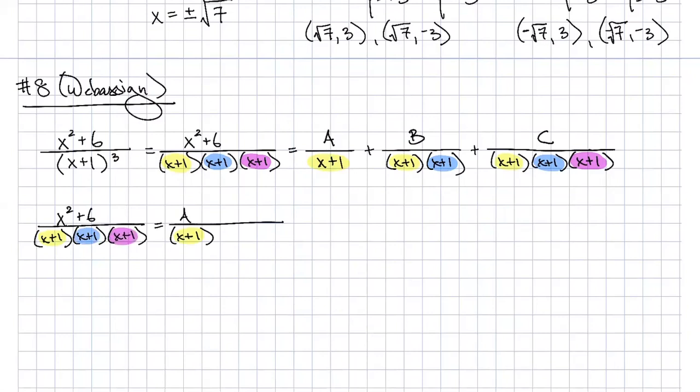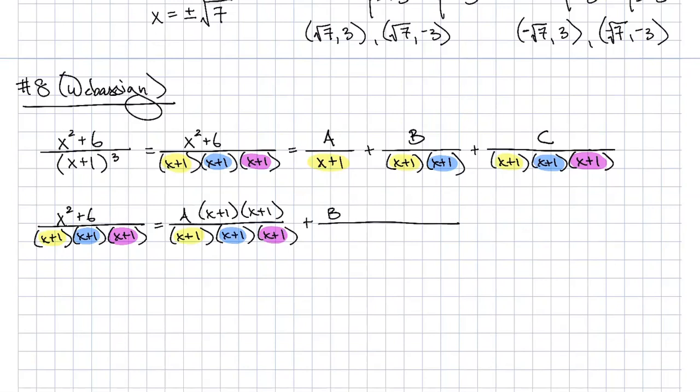Well, it already has the yellow one, so we better have a blue one and a purple one to go with it so that it matches exactly on the other side. But if we do that to the denominator, we also have to do that to the numerator. That's the first fraction. Plus,